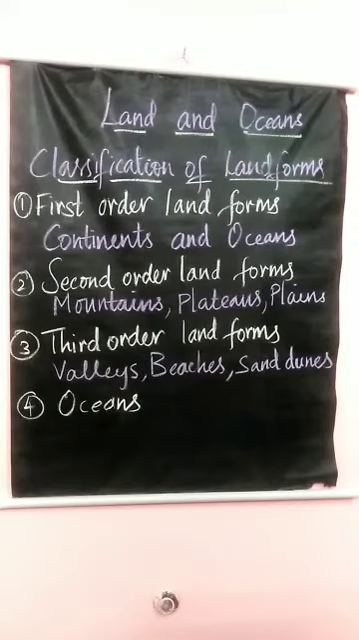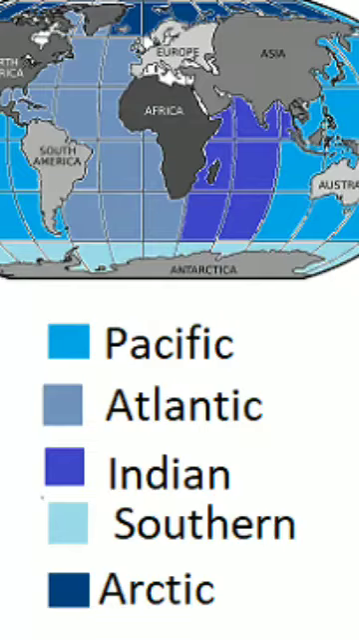Coming to oceans. What are oceans? Oceans are vast expanses of water. What are the 5 oceans found on the earth's surface? The Pacific Ocean, the Atlantic Ocean, the Indian Ocean, the Southern Ocean and the Arctic Ocean. The Pacific Ocean is the largest and deepest ocean on the earth. It covers about 1/3 of the earth's total area and spreads for about